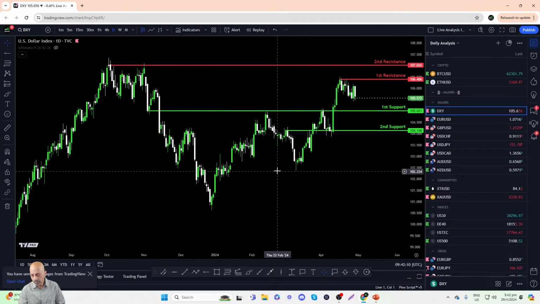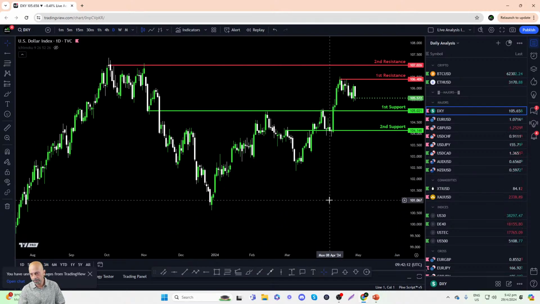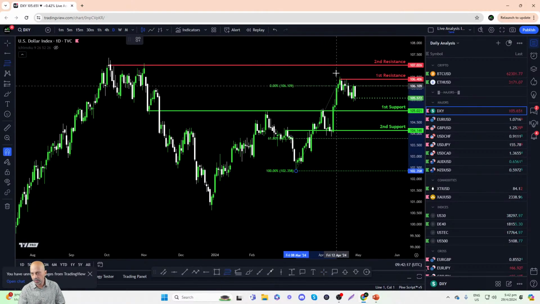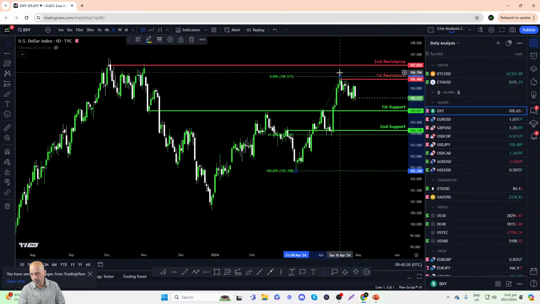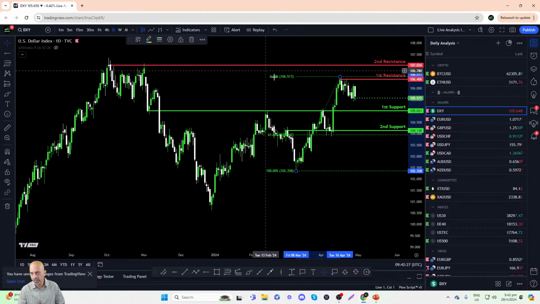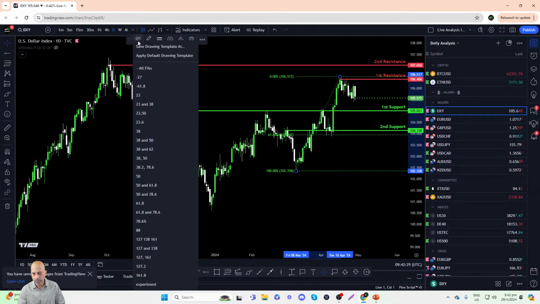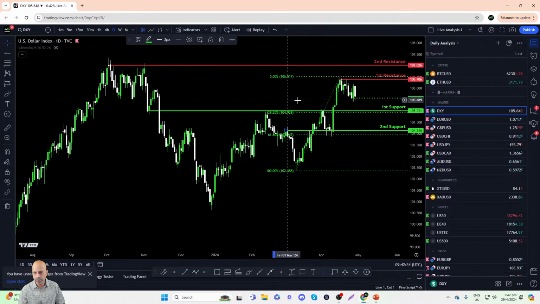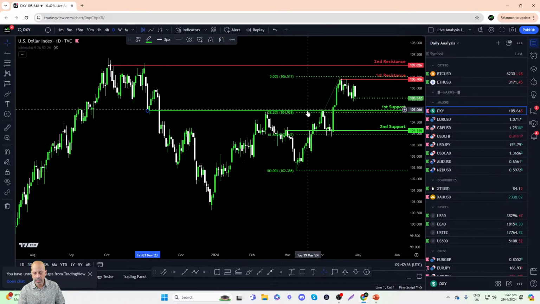All right, now with regards to Fibonacci retracement, we can start a retracement from here, this swing low on the 8th of March going up to the high of 16 April. We can see that the 61.8% Fibonacci retracement aligns quite well with where the second support has been identified. Perhaps we can use a 38 as well. Let me see, there's a 38 and 62. Yes, the 38.2% Fibonacci retracement also aligns very well with the first support, functioning as an additional contributing factor to the significance of this level here.